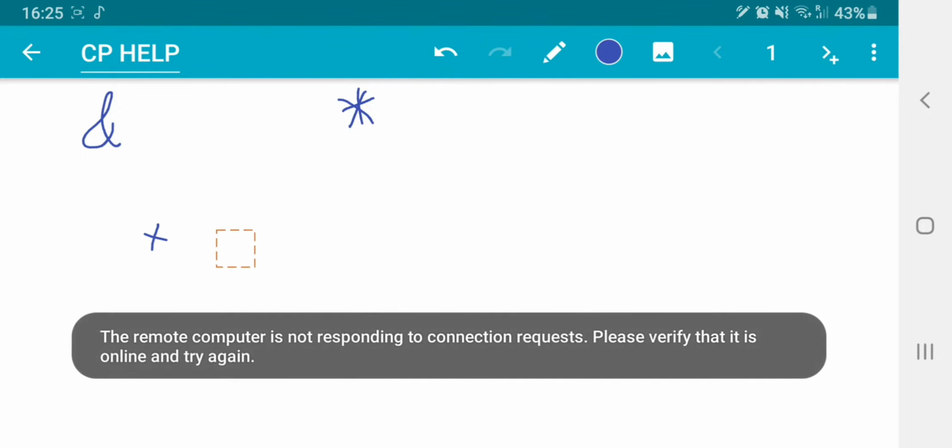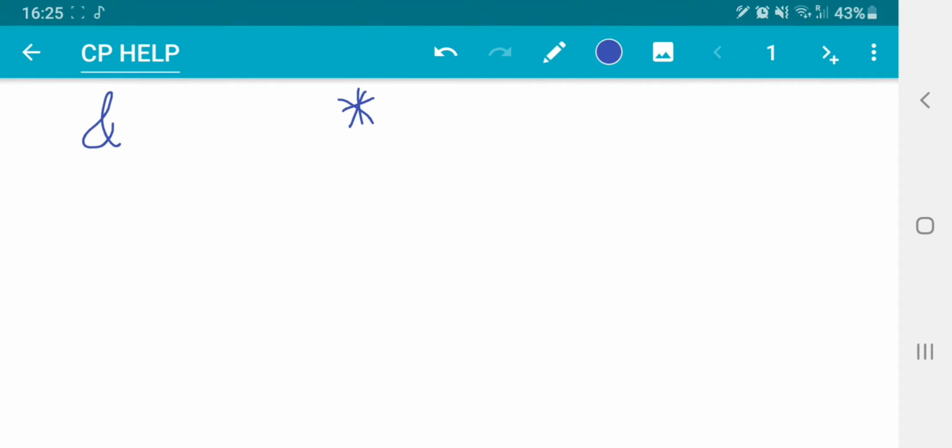These are all operators that we use to do maths and stuff. So this is the address operator, and I'm just going to use this as an